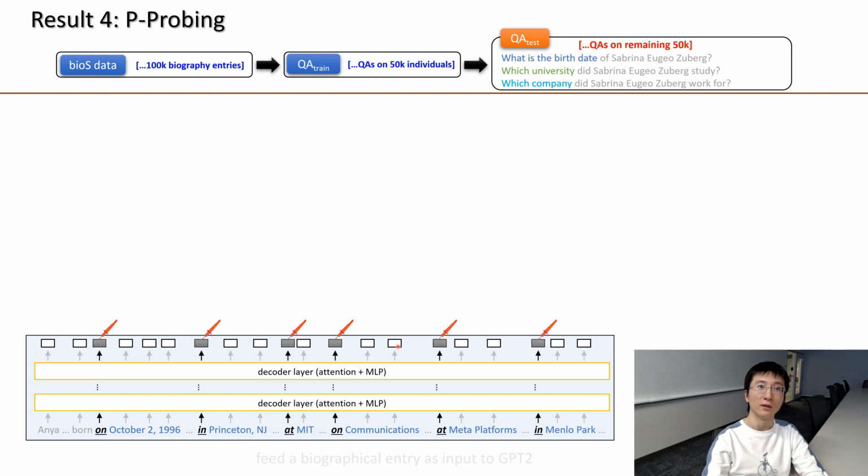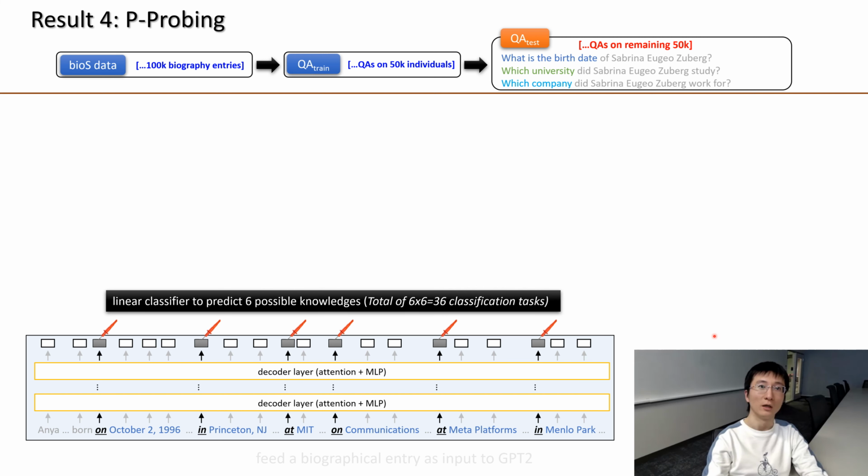We look at the last layer. We look at the hidden embeddings of the tokens at the last layer, and we only focus on the 6 special token positions. And from there, we want to do linear probing. That is, to add a trainable linear layer to predict the 6 possible knowledge attributes of this person. So we have 6 special positions and 6 tasks. So this totals 36 classification